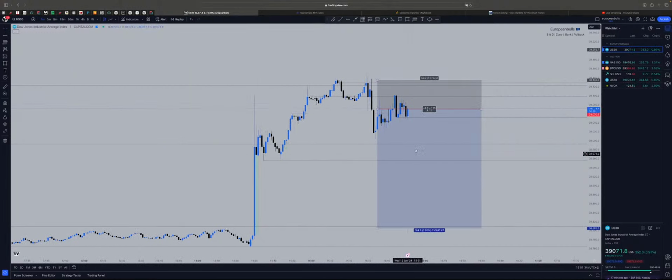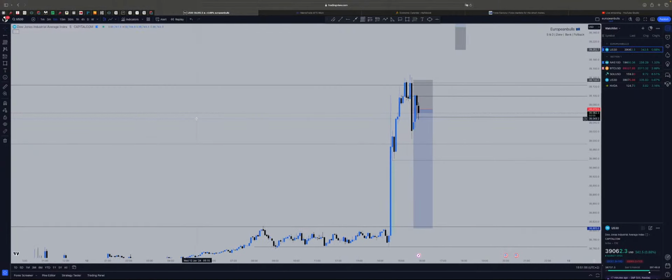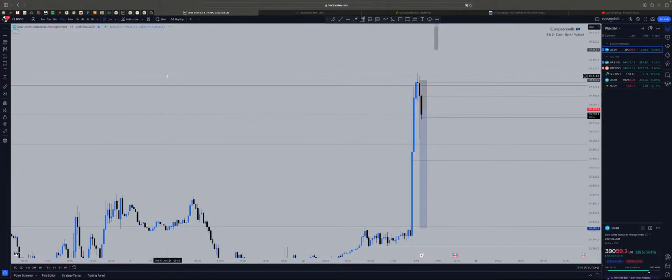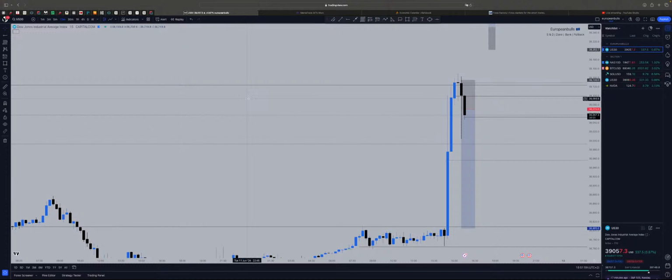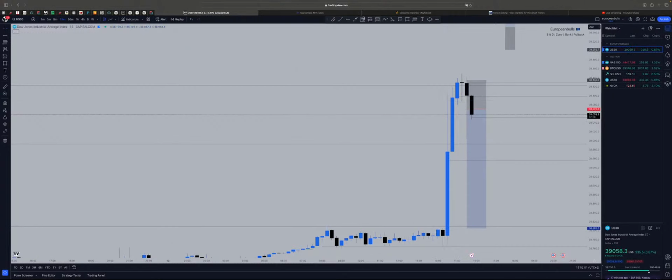In 1 minute it needs to break this area, as I'm telling you. It's very important for this to break this area. Come on, you can do it. $15 look really nice for a sell, even now in this area.